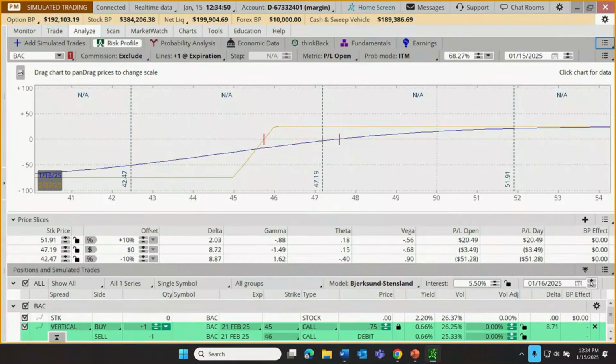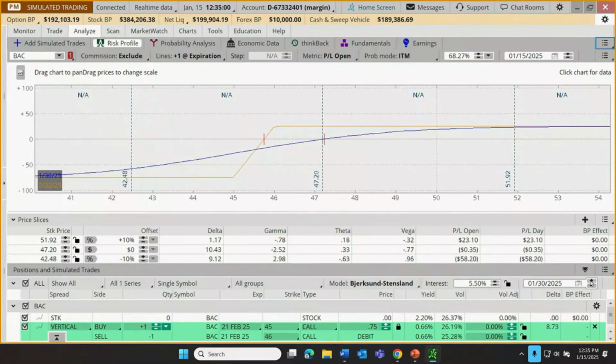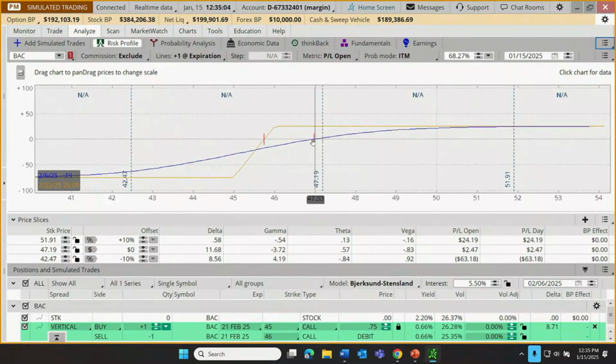But if we advance time, where's that break even going? It's moving toward the current price. It's reducing the loss on our trade and actually can start to move us into profit territory just because of the passage of time, even though our price isn't moving. So yeah, this is how the time element is built into our trade performance assumptions.